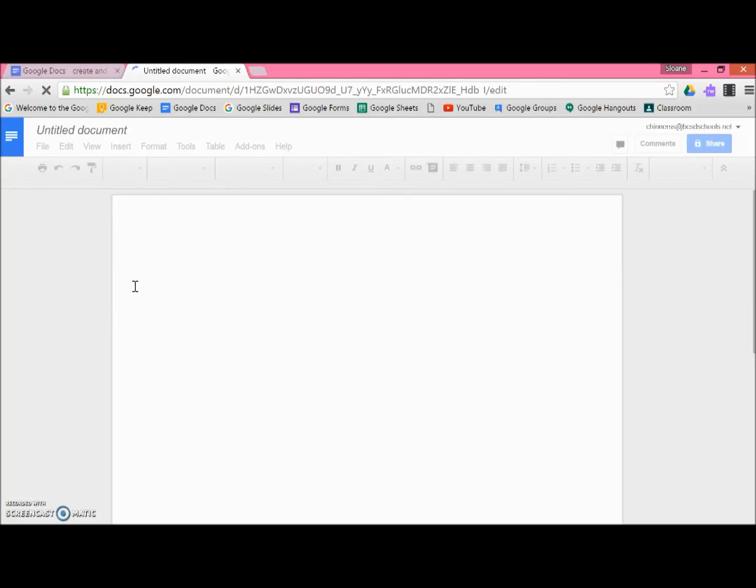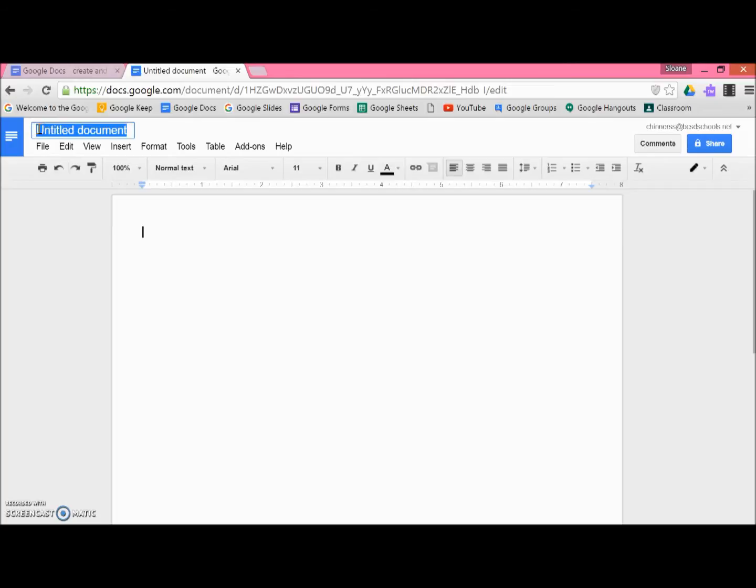The first thing that you need to do when you're working on a Google Doc is to make sure to name the file. You can do so by typing anywhere in the box that says Untitled Document in the left corner of the screen. One of the best features of Google Docs is that everything that you type saves in real time. So each time I type, it's automatically saved. You can see all changes saved in Drive, and it will periodically update, and you never have to worry about